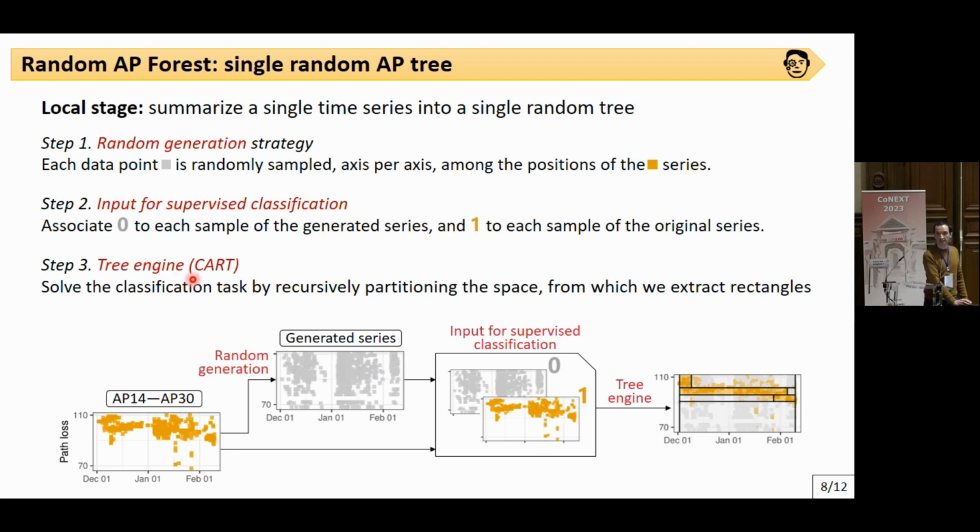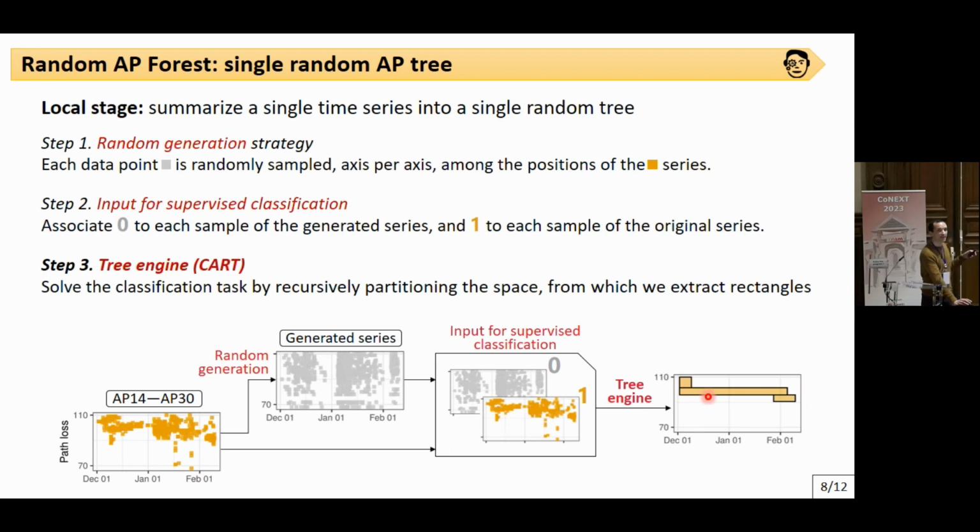So for this work, we selected the CART engine, but it does not need to be a complex machine learning algorithm here. By applying it, it solves a classification task. What the tree does is partition the space in 2 at each step, which in this case will cut the space in 2, so it will give those rectangles. And from here, we extract rectangles. Those rectangles are just here when the leaf of the tree is equal to 1. So when the leaf of the tree is 1, we keep it, and we keep those rectangles.